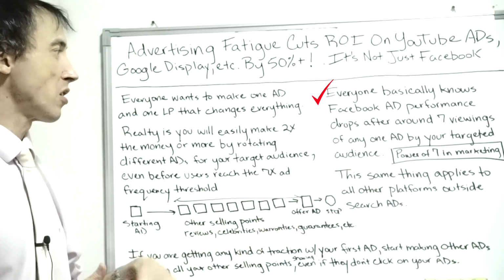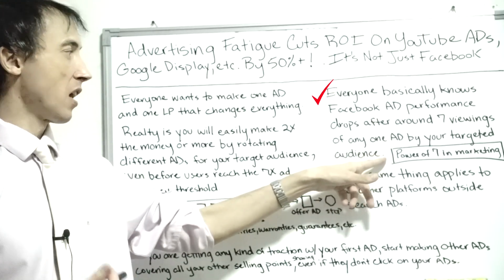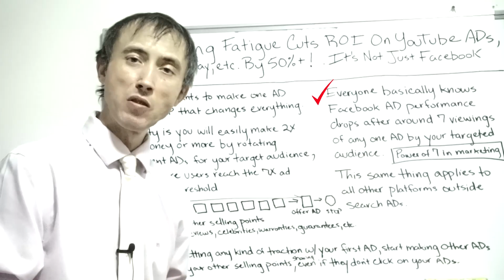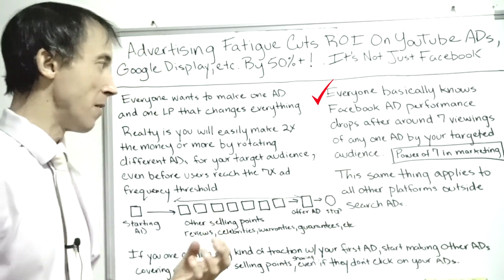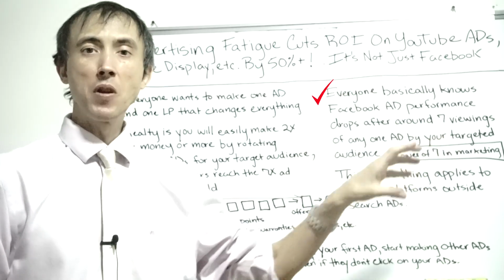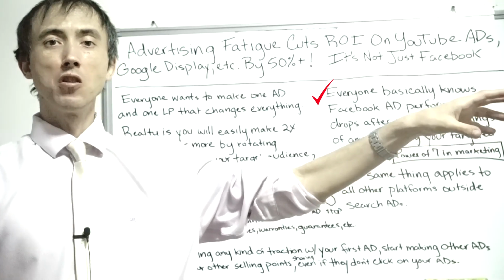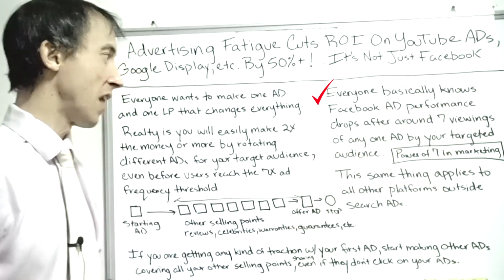So getting back into the topic here. People again, Facebook marketing, they know you should show your ad about 7 times and that you should switch it up to a new ad, right? Because of this power of 7s in marketing, where you take ads from a company more seriously the more often you've seen it up to a point, and then your ROI diminishes from that said ad.